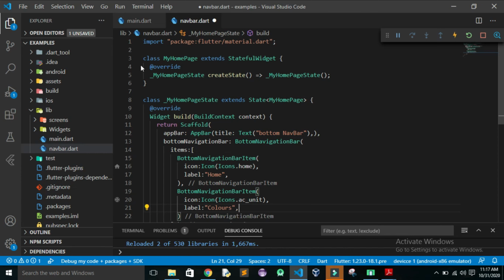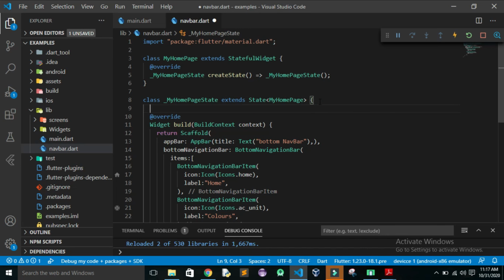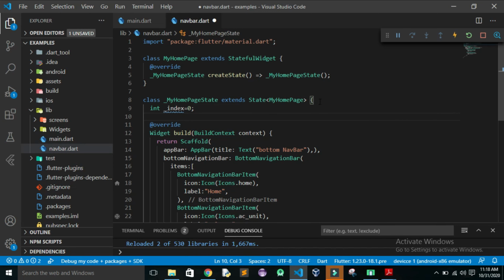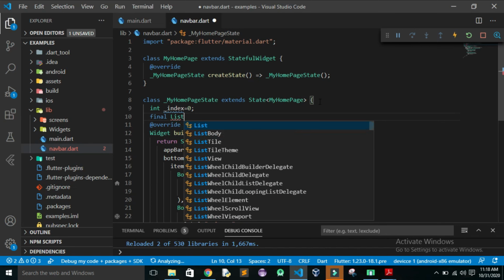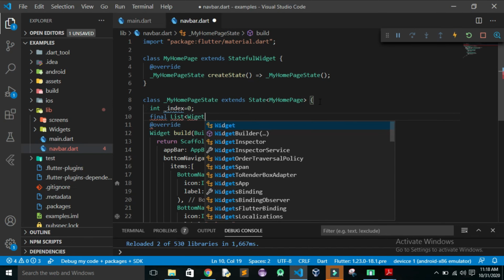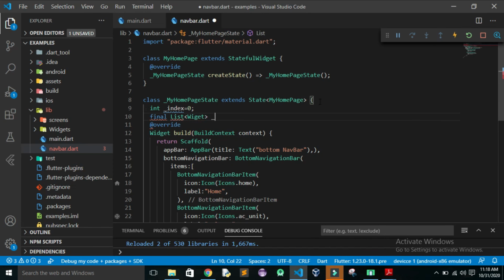Now we also need two more things, a variable and a list here. I'll use int index equal to 0, and then I'll take a final list of widgets, which I'll name page and assign to an empty list.